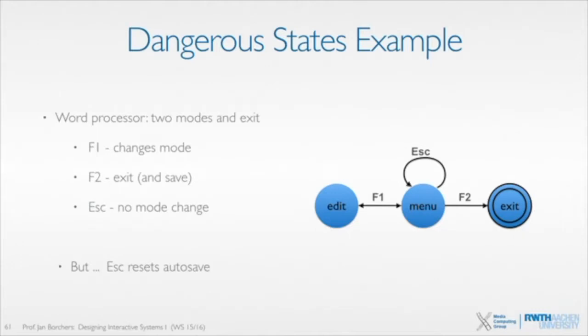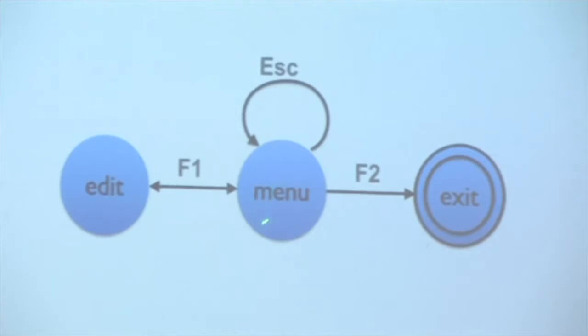So this editor, this particular editor design that we're looking at here, uses the F1 function key to change the mode. So you move between the edit and the menu mode with F1. So you press F1, you edit your text, you do all kinds of deletions, insertions, and so on. You press F1 again, you're back in the menu state. From the menu state out, and only from there, you can press F2 to exit the program. And that will actually save the data. So great. If you press escape here, nothing happens. You stay in that menu,